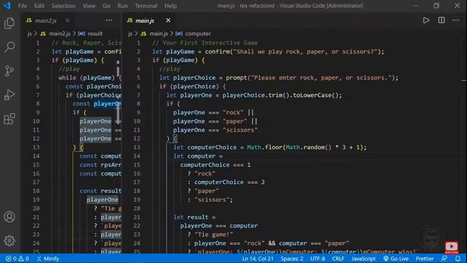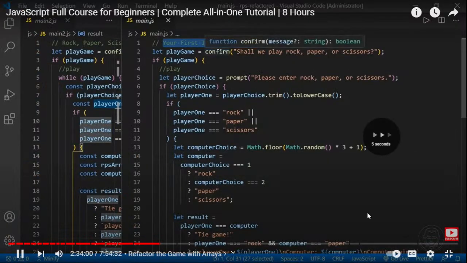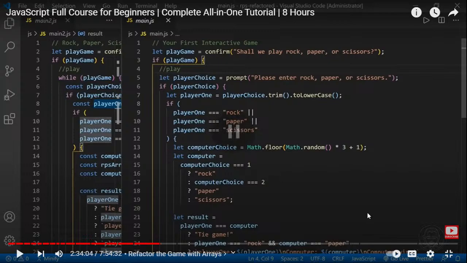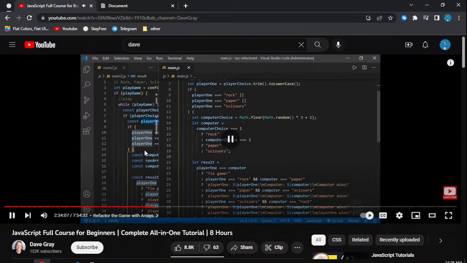We are refactoring our rock, paper, scissors game in this video, and this is the game we made. This is the code right here I have open in this window, and you can see it